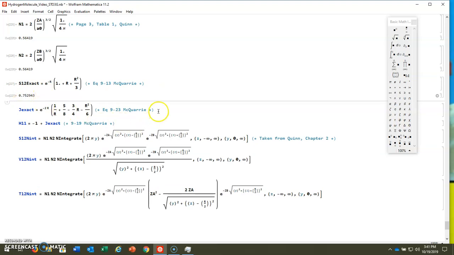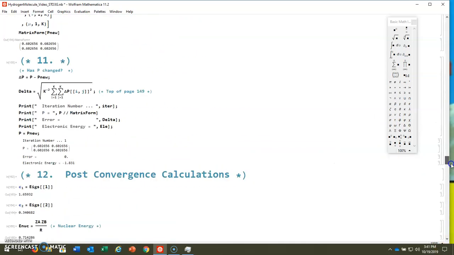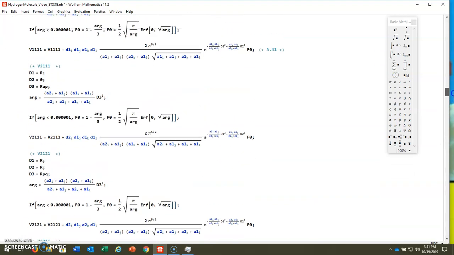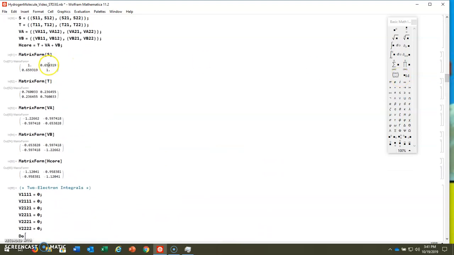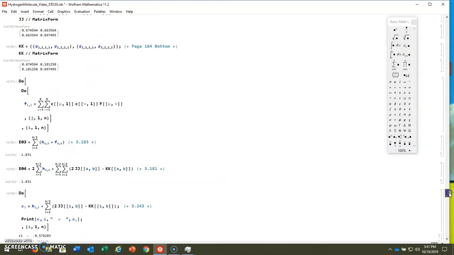0.752943. Also McQuarrie 9.23, specifically for the hydrogen molecule, I can calculate an exact J value here. Now, should I feel disappointed that these aren't agreeing with the S12 that I calculated way back up here in step 2? Let's go and find that. There it is. I had an S12 overlap value of 0.6593,